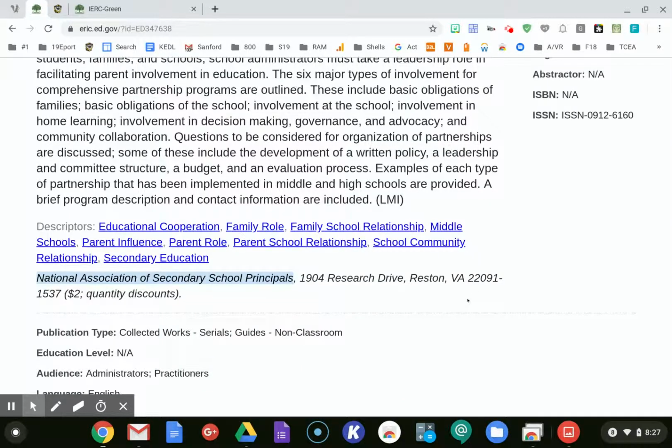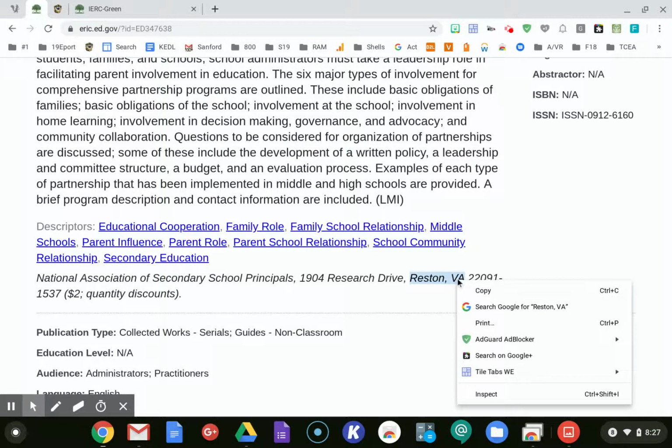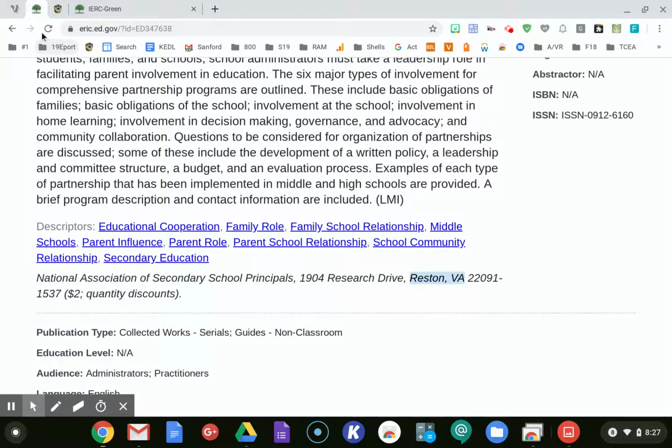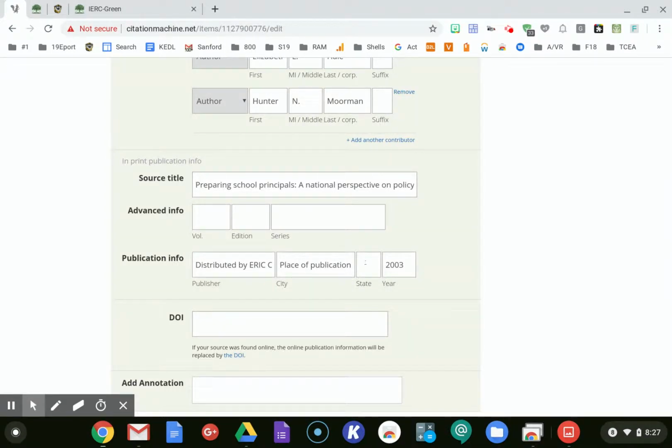So, looks like Reston, Virginia. Okay. Probably should have got rid of all of that before I type this in. And then